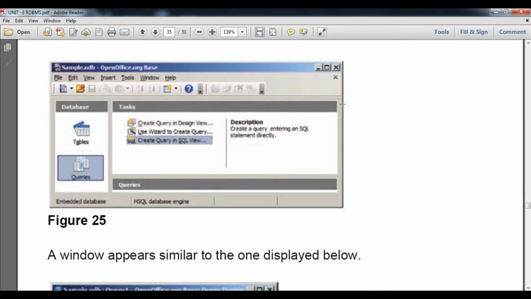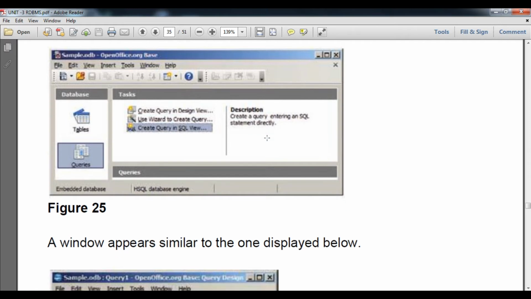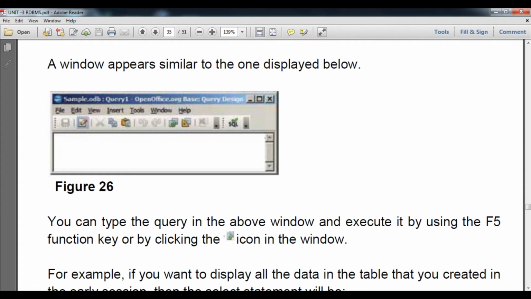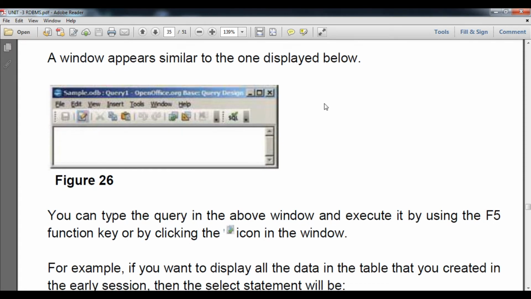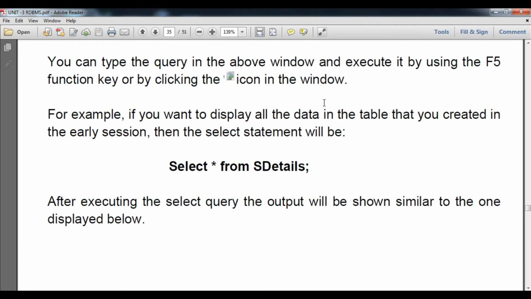For example, if you have already created a table, you go to the query option, the query object, and click on create query in SQL view, and then you will see this type of blank interface appear in front of you, that is figure number 26. In this area or workspace you type the command, and then press the run button. It will allow you to access the table.